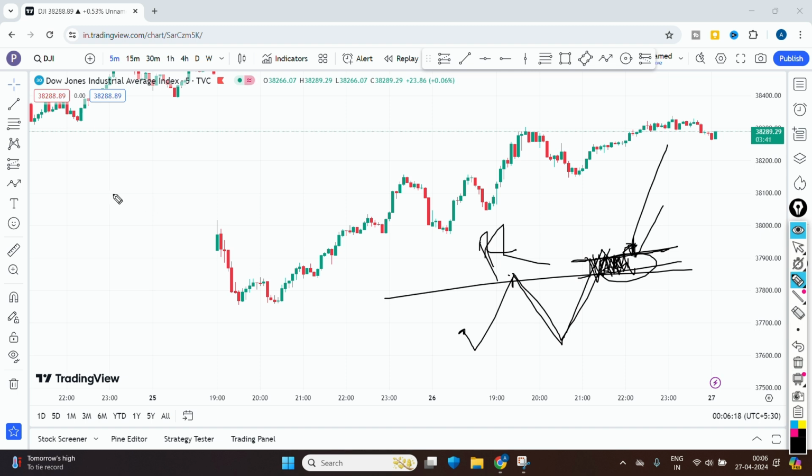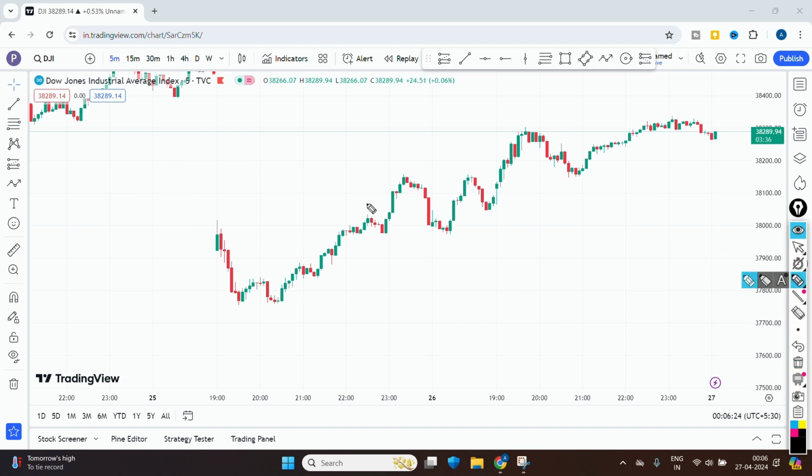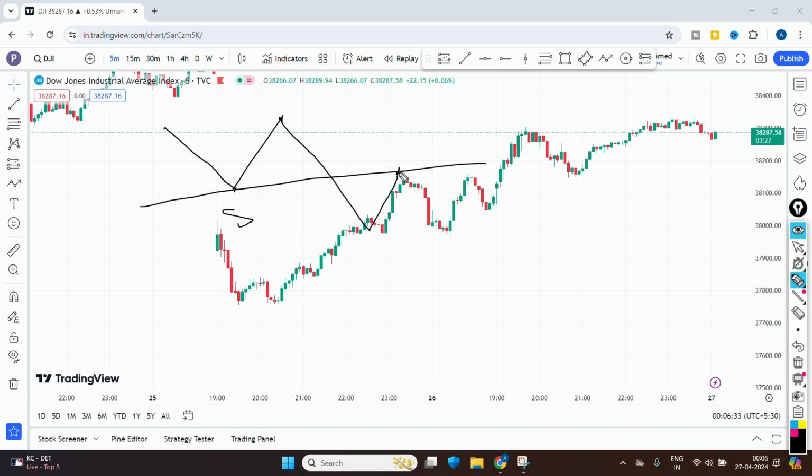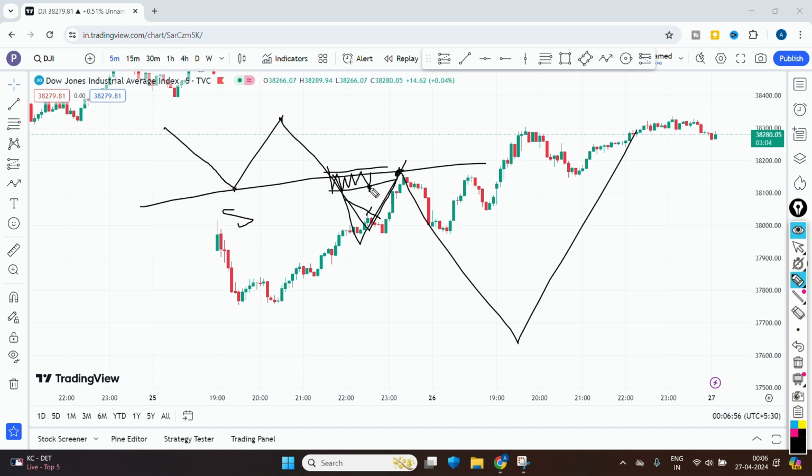And similarly, the market will do the same for the bearish pattern also. There will be a support level; the market will come downside to the support level, go upside, again come downside, and like this the market changes. The market does change its pattern during the day, and it comes down and goes up like this. You need to take the entry, and if the market doesn't make this swing pattern, it must make a channel pattern here, and you just need to sell below the level, and you are good to go with your trade